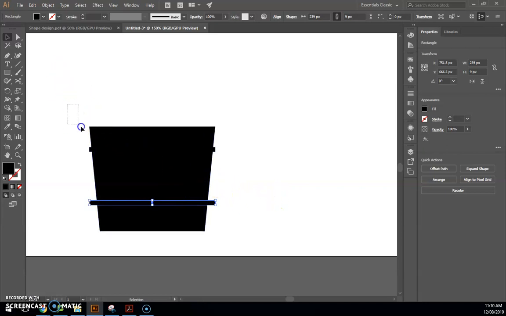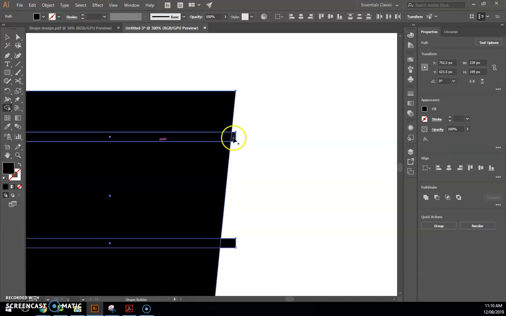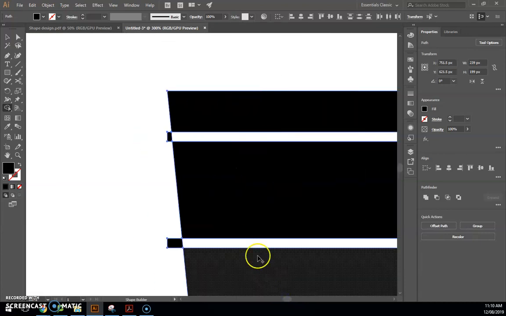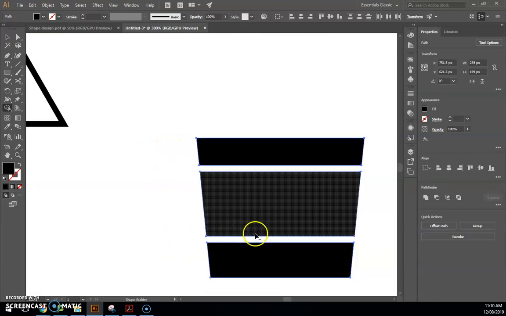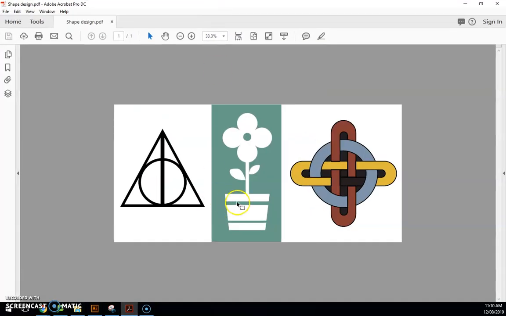And then I'm going to go selection tool, select everything. I'm going to go to my shape builder tool now, and what I can do in here is it breaks it down into all the shapes it can see. If I press it like that, it makes that into a shape, but I don't want that. I want it to take away. So I'm going to hold Alt and click on what I want, whoops, and it will get rid of those shapes. So by zooming out now, I have created this part just here. So now I'm going to work on the stem,